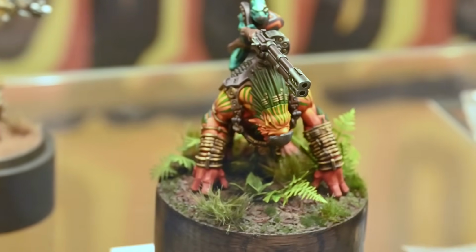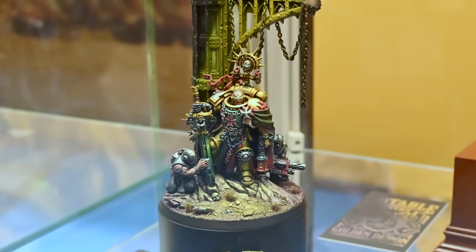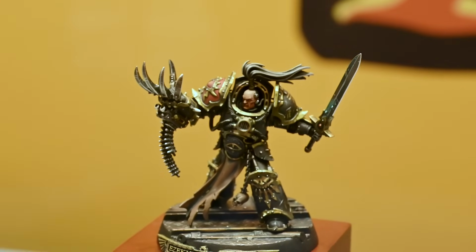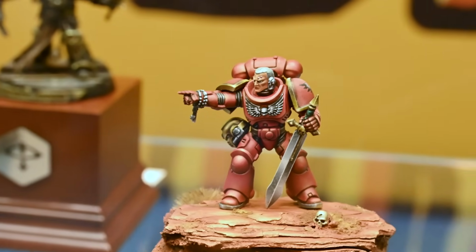So it seems a little bit disjointed, but at the same time you have to remember that 30k is a much smaller system than 40k. If you combined 30k and 40k, so everything that's in 30k could then be put into the 40k equivalent category, the 30k representation would pretty much vanish. So having a very